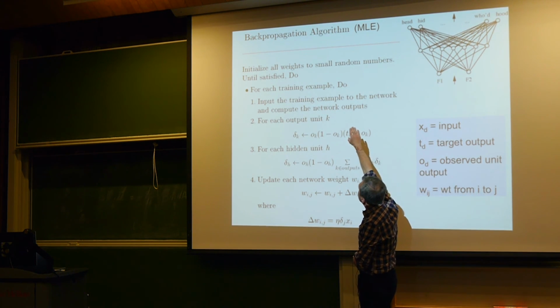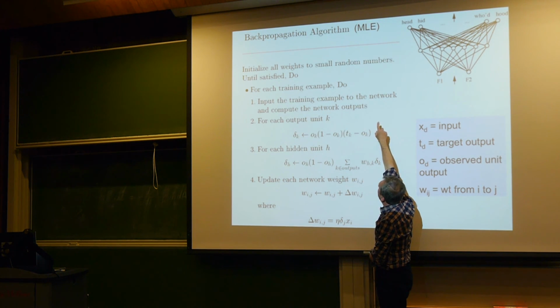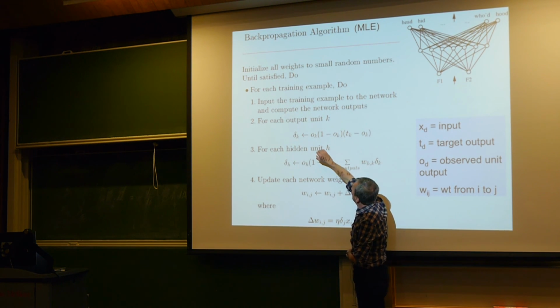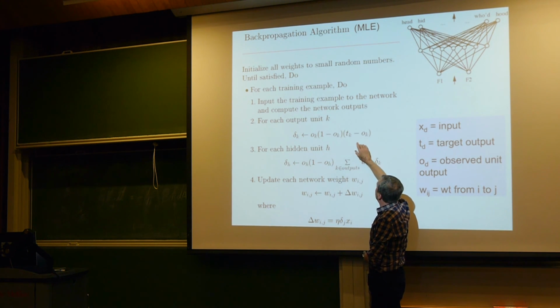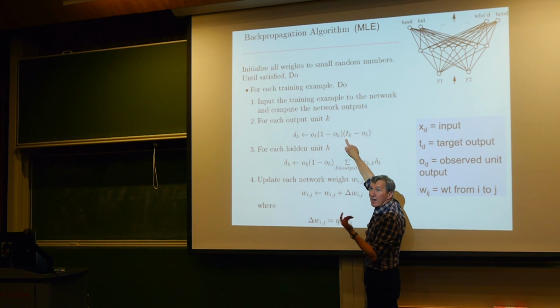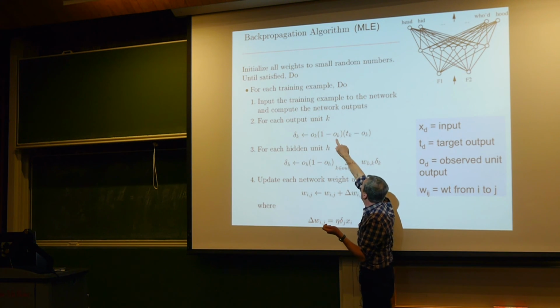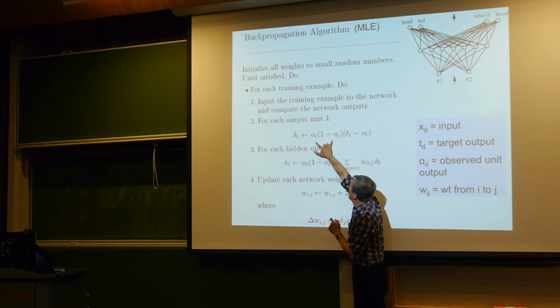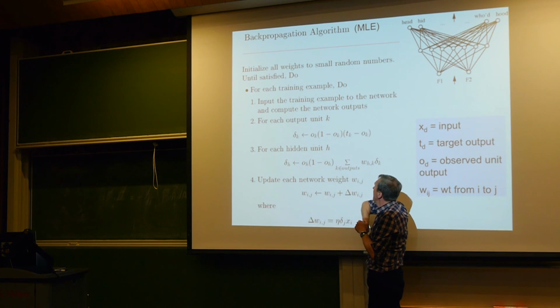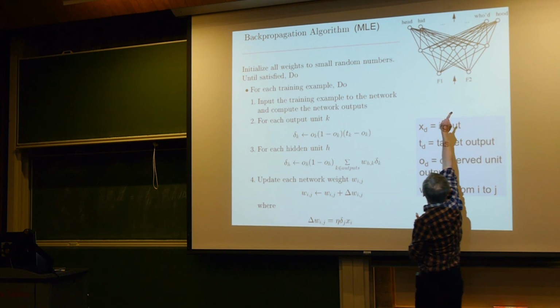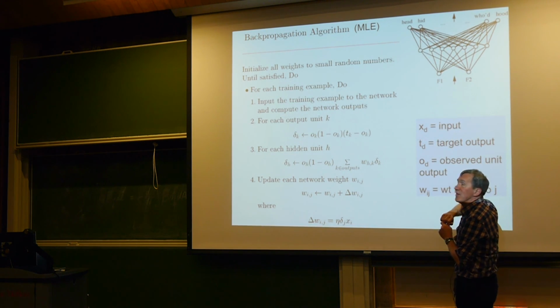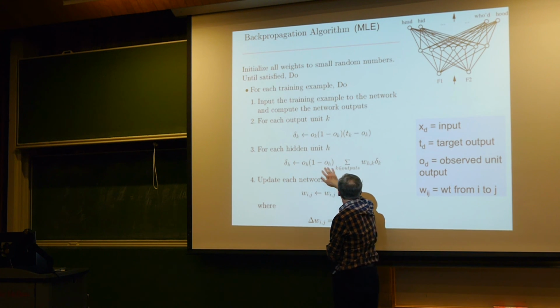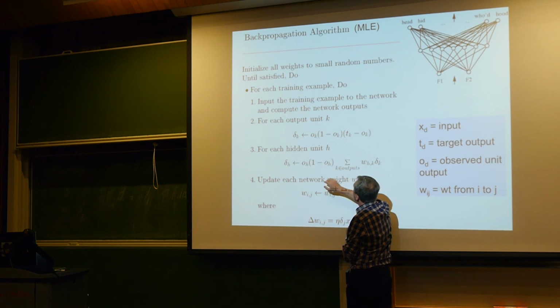And on each step through, you go through the examples, you input them to the network and see what the output is. You calculate this quantity for each output, where T is the target value, the label that you have, and O is the value computed by your network. And so this is an error times the derivative of the sigmoid function. And then for each of the hidden units, those intermediate level units, there's an update rule that you can see